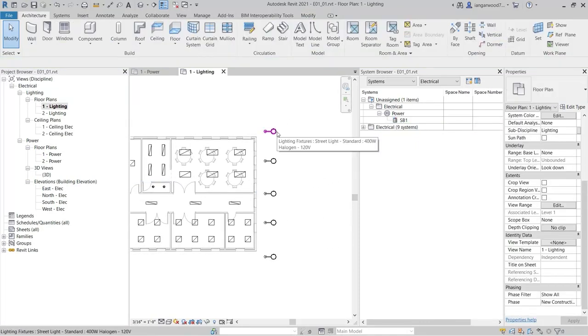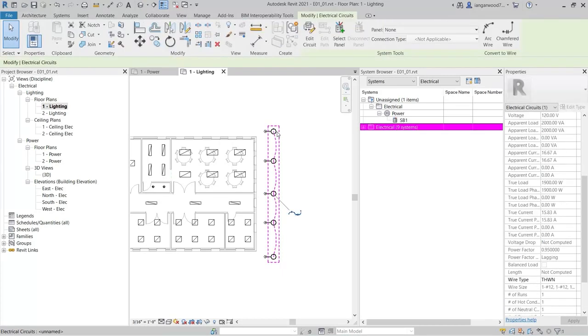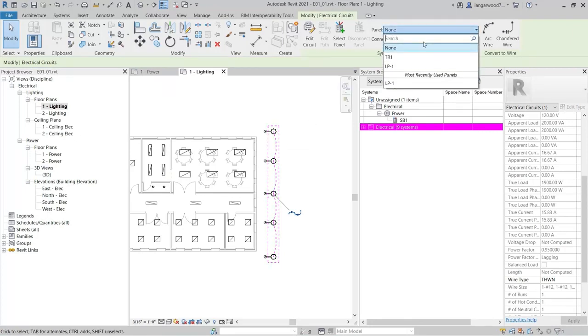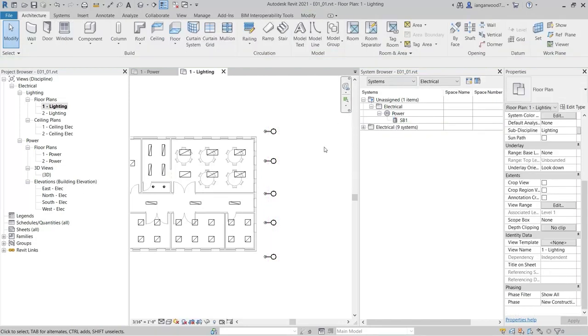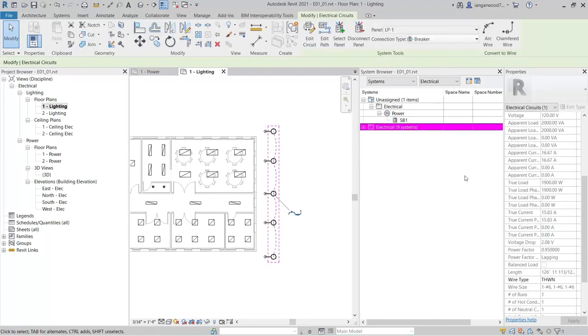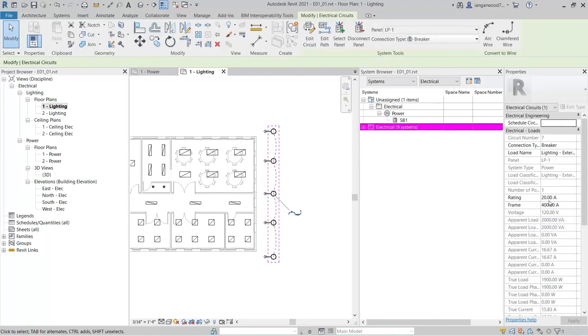Position your cursor over one of the exterior lighting fixtures, then press the Tab key to highlight the circuit. Select the circuit with the left mouse button, then choose LP1 from the drop-down menu. Finally, let's review the circuit rating for the exterior lighting. Highlight and select the circuit using the Tab key and the left mouse button, and note the rating of 20